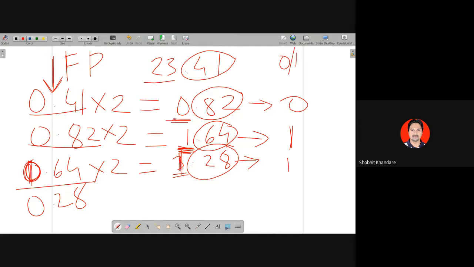लेकिन आंसर बच्चे ये भी लिखते हैं, 3 लिखते हैं। आप देखो यहाँ पे 3 था, अगर आप यहाँ पे 3 लिखते थे तो आंसर में भी 3 लिखते थे आप। And you know that binary number has only 2 symbols, 0 and 1. So 3 is not an answer. So 3 is wrong. Okay. So what I meant to say that always write down the fractional part. Okay. So fractional part में यहाँ पे 1 आया तो आपने यहाँ पे 1 लिखा, यहाँ पे 1 लिखा। 0.28 है।